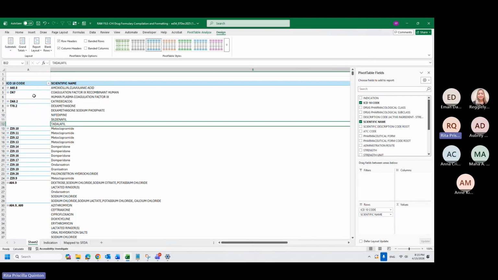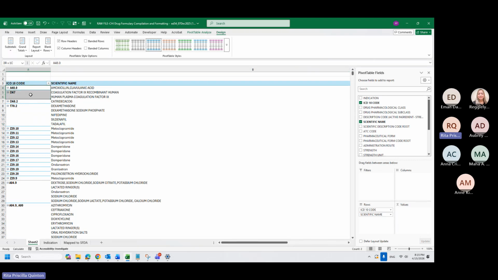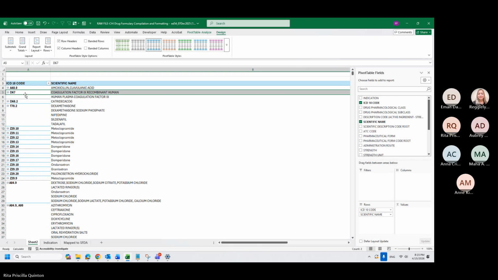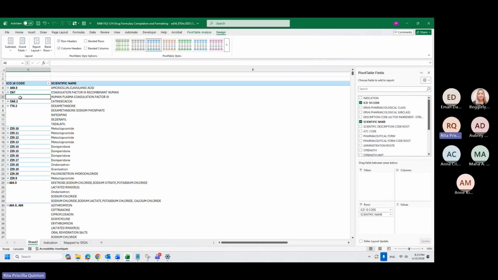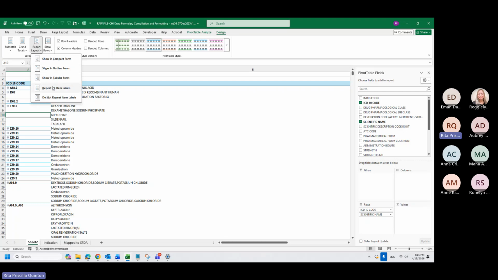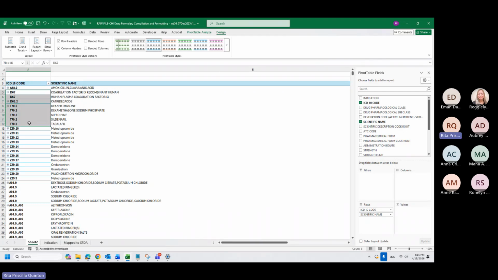Also, if you do VLOOKUP, since the VLOOKUP will only give you the first one, or if you want to show T70.2 again, you can go here again to design, report layout, repeat all item labels. So this is what it will do for you.